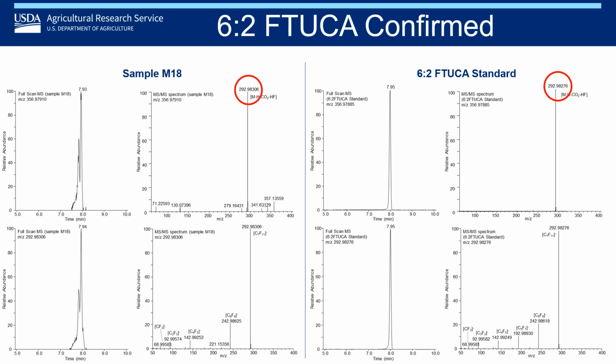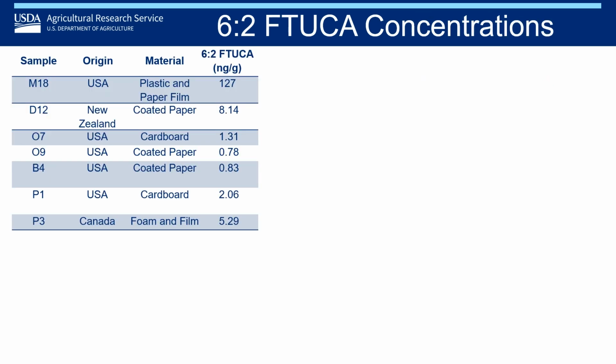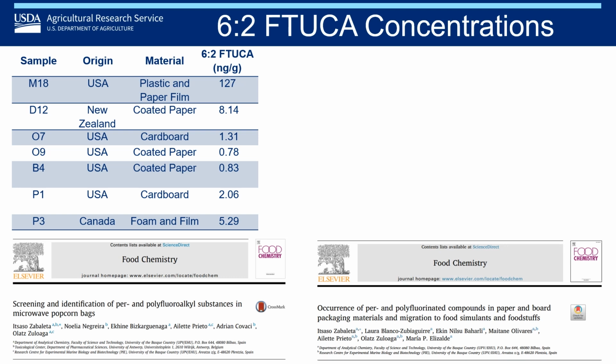We were able to confirm this compound in 7 different samples ranging from 0.78 to 127 nanograms per gram. These 7 samples span all 4 food contact material types and as well food types that we tested, being one of those 8 that we saw in all 4 previously when we looked at the total features. This compound was also found in both popcorn bags, food bags for pets, and in French fry materials or in samples from Spain. We also wanted to take these concentrations and compare them to the targeted data that Yelena had